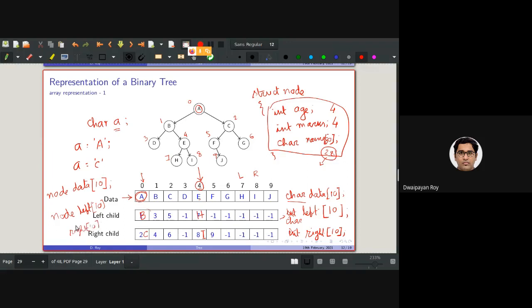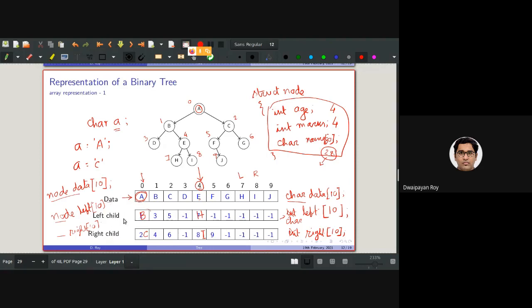So now I hope you understand that node left and node right will be having a large size in the memory. Instead, we can store the data in only one position. Here you can see this is kind of redundant. I am storing the same data in this array as well as in this array.